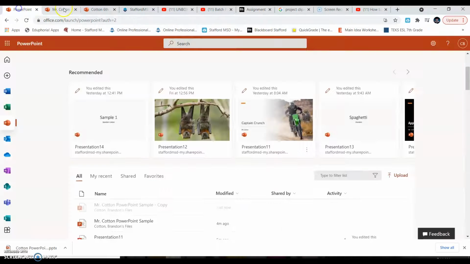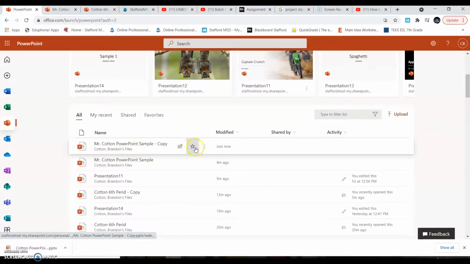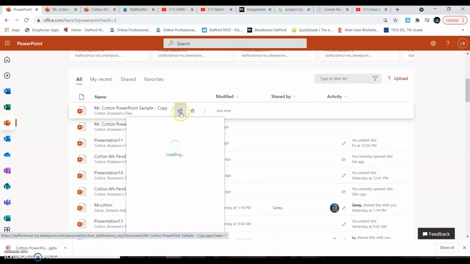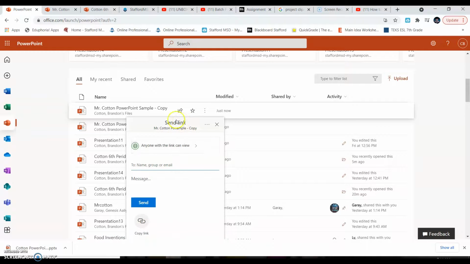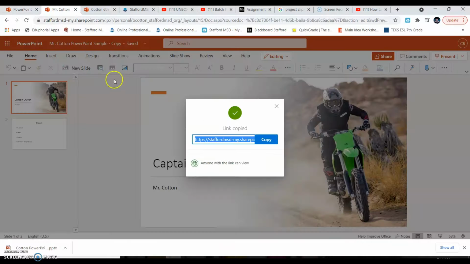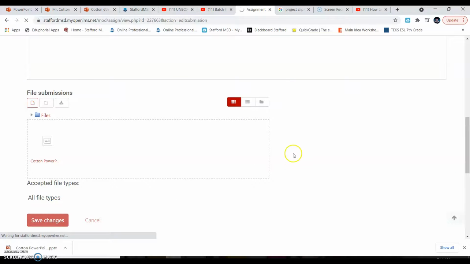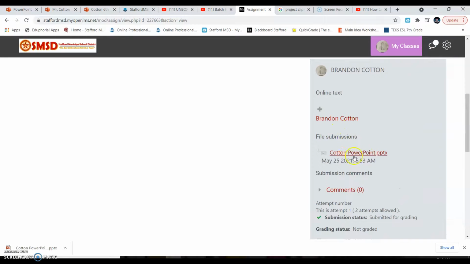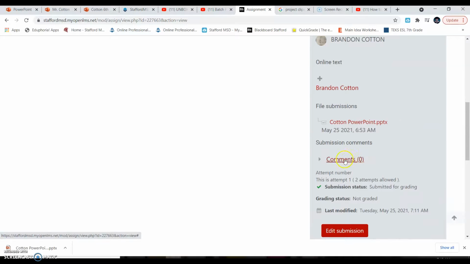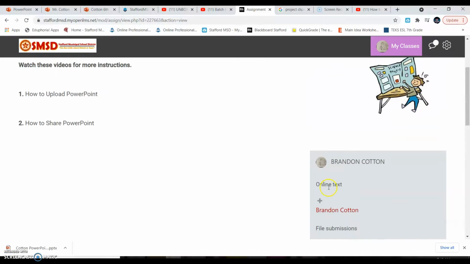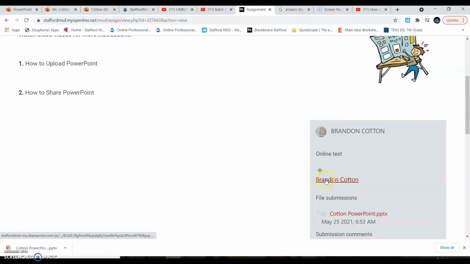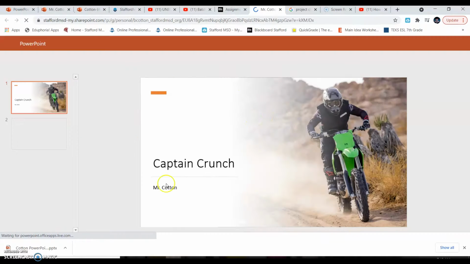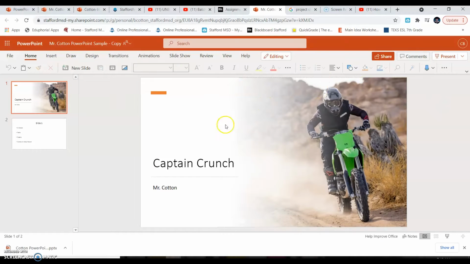Okay, you can also do it through here if you're tech savvy, because you have the link option right there for you as well. Same way like I just did right here, but it's way easier just to do it in the actual program. Okay, you'll hit save changes, and now you have your physical copy, and you have the online text copy that you put right here, this link. So when you click this link now, it will pop up automatically for me to view, just like this. Okay,